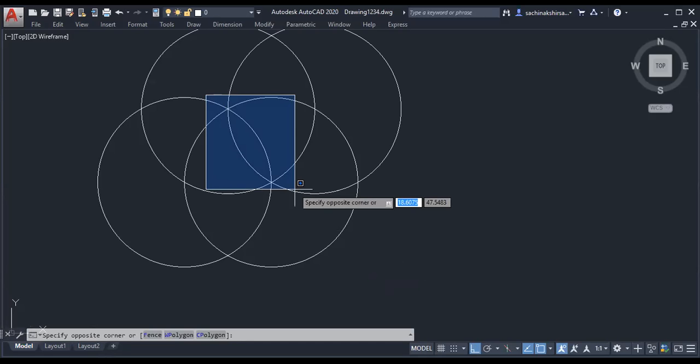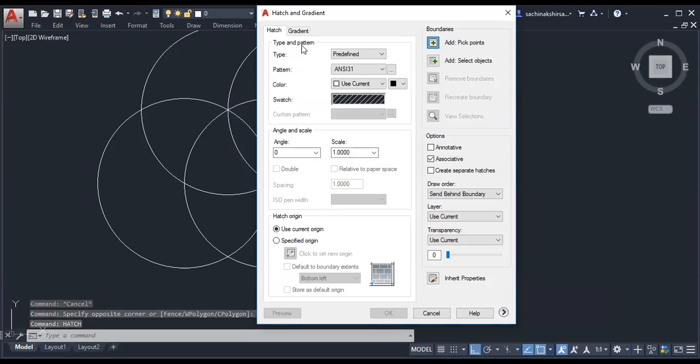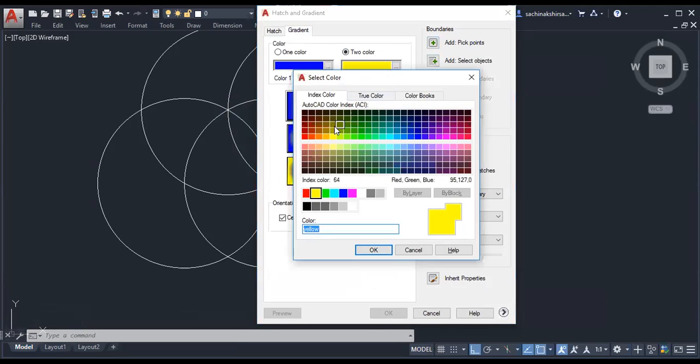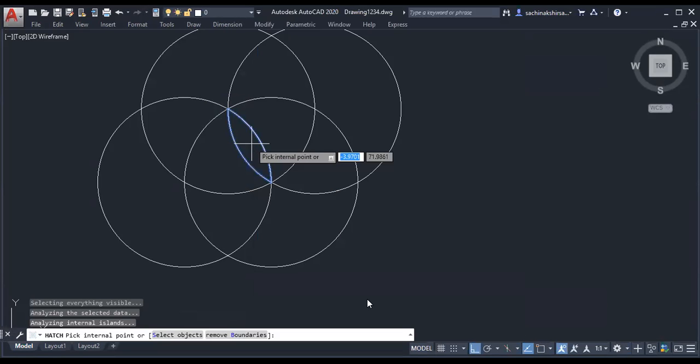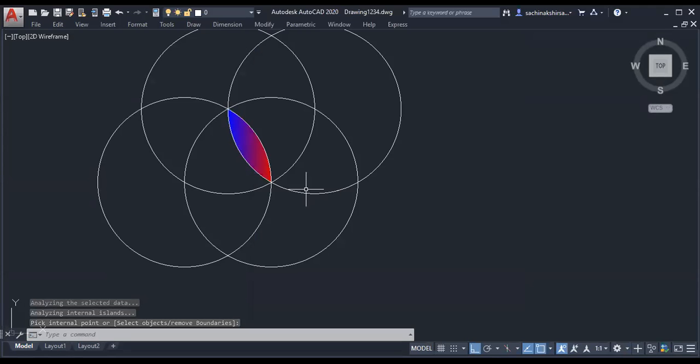So what I have to do? I will highlight that. Only the inside part I want to retain. Are you observing? Remaining I want to remove.